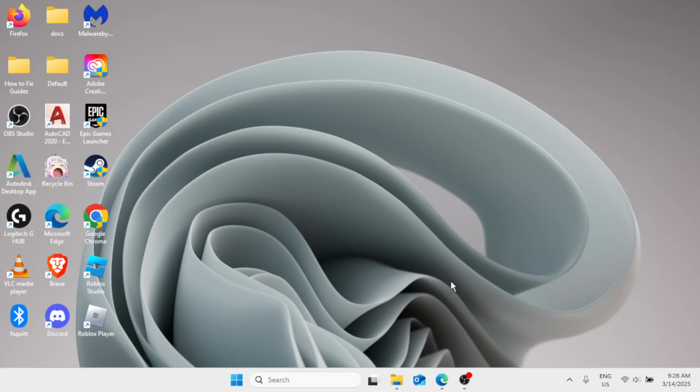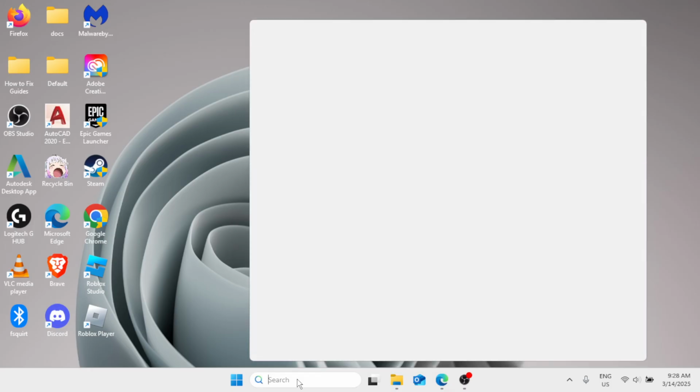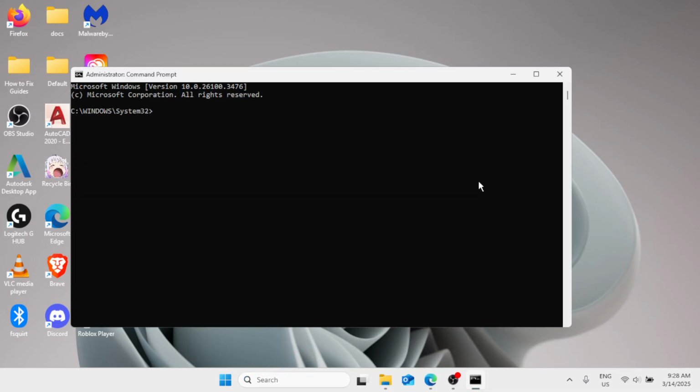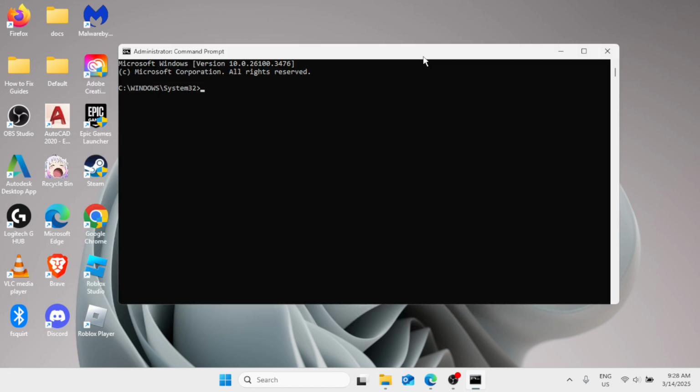And the next method is we can also run the System File Checker Scan, or the SFC Scan. So go ahead in the Windows search bar and type CMD. On the right pane, you have to click on Run as Administrator. Now here in this black window, an elevated command prompt with administrative rights, you need to type in this command,